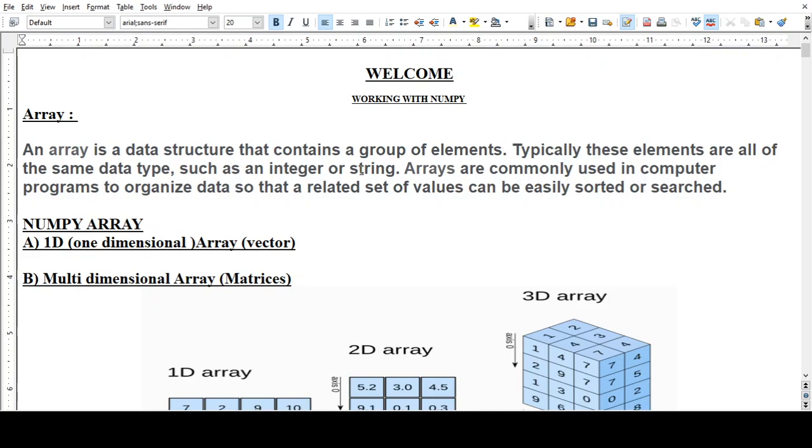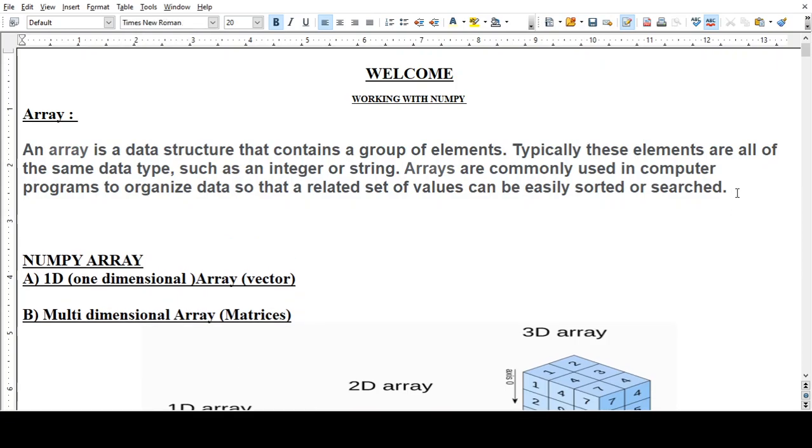For example, we can take one array and its name as student. We use a square bracket and put 0 here. So this is the location of the